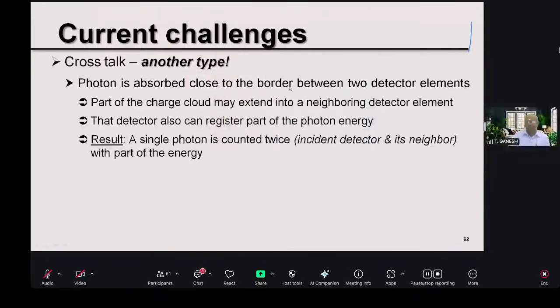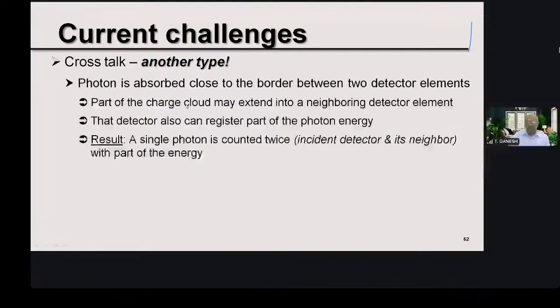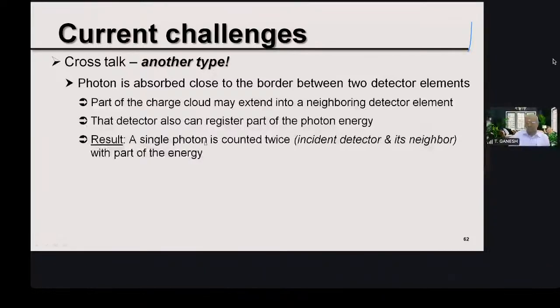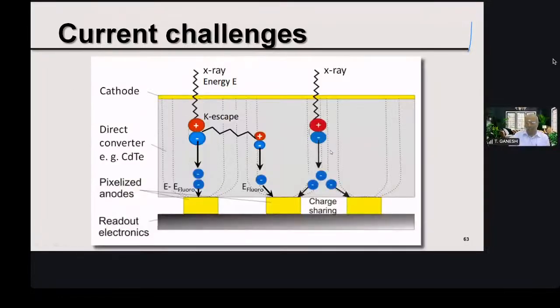The photon is absorbed close to the border between two detector elements, and part of the charge cloud may extend into a neighboring detector element, and that detector can also register part of the photon energy. As a result, a single photon is counted twice, in the incident detector and in its neighbor, with part of the energy. So you can see here,